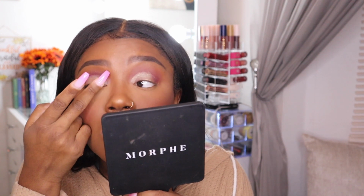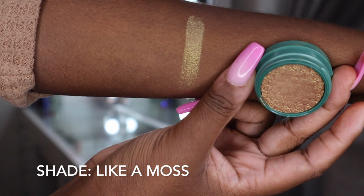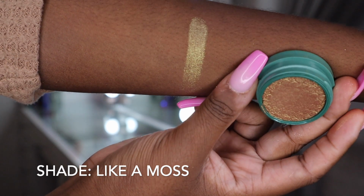When I swatched the shade, I was so blown away because it was the creamiest Supershock I've ever felt from Colourpop. I don't know what they did to that particular shade, but I felt like it was melting. That's how creamy it is, and when I swatched this shade, I knew I had to put it on my eyes. It's really pretty, and so gorgeous. I have been obsessed with Supershocks lately. I never used to really be into Supershocks from Colourpop, but now I'm really getting into them, and I bought